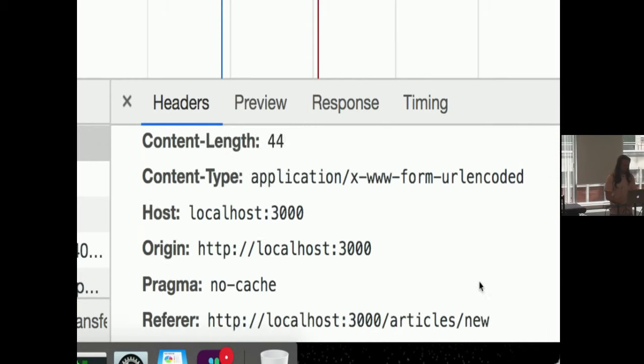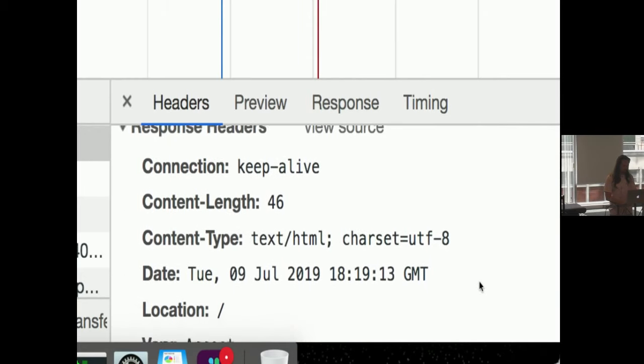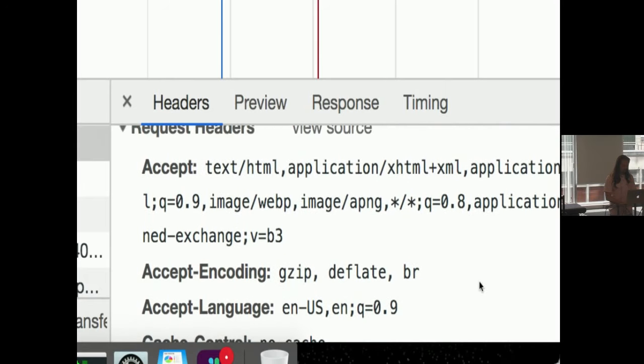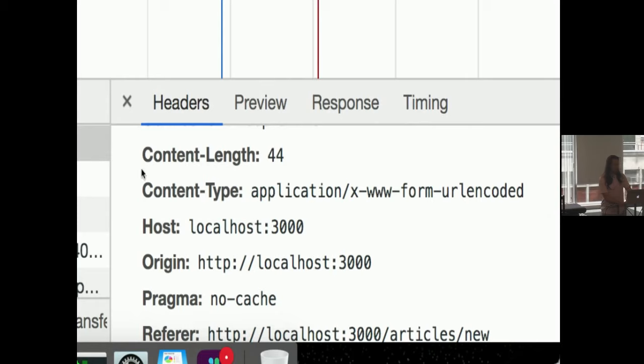And so in the response here, hold on, actually we can, here we go. The content type, we can see that the content type is application/x-www-form-urlencoded. I didn't come up with that, that's why it's so bad. But it tells us at least what this is: when my server accepts that body data, it needs to know how to decode it, right? So it looks at the content type and says, oh, you're URL encoded form data, I know how to deal with that. That's happening on the server, with the request that's being sent to it.